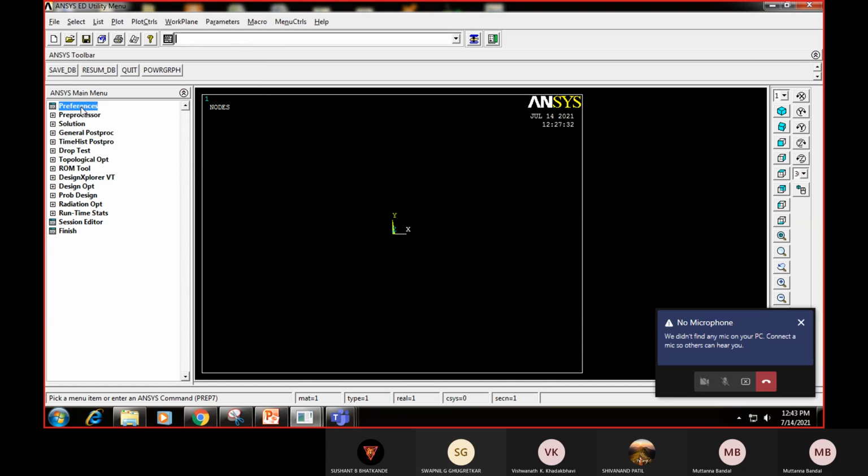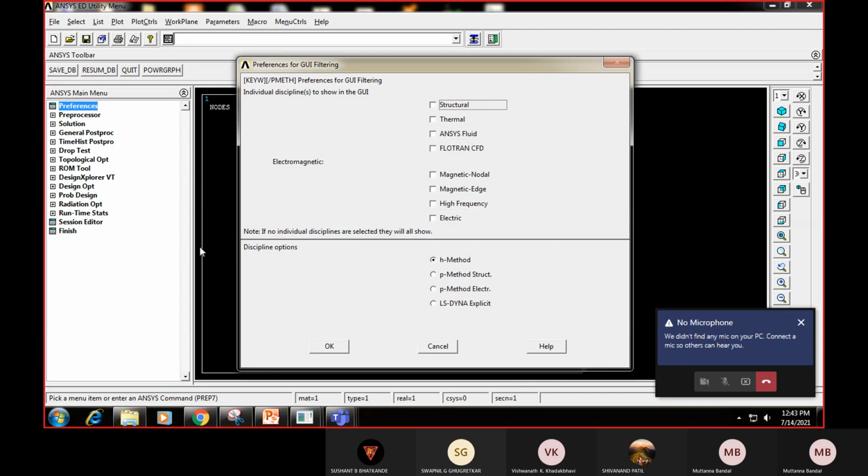Once I save the file, I have to go to the preferences. Under preferences, you can see there are many analyses. I will select structural. If you want to do thermal, you have to click on thermal. A combination of structural as well as thermal is called thermomechanical analysis. If you are doing fluid, then you go for fluid. CFD refers to computational fluid dynamics.